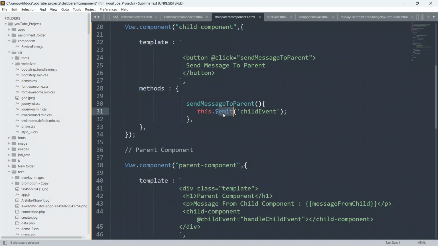This is a special function inside Vue.js. It is generally used whenever you want to emit something, to send a signal to the parent component from the child component, or to emit some custom event which will be listened to by the parent component.